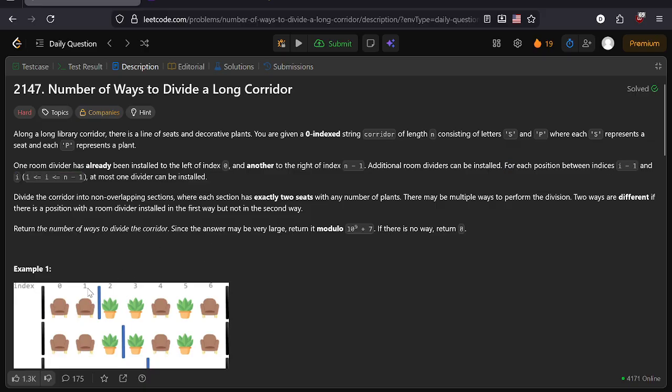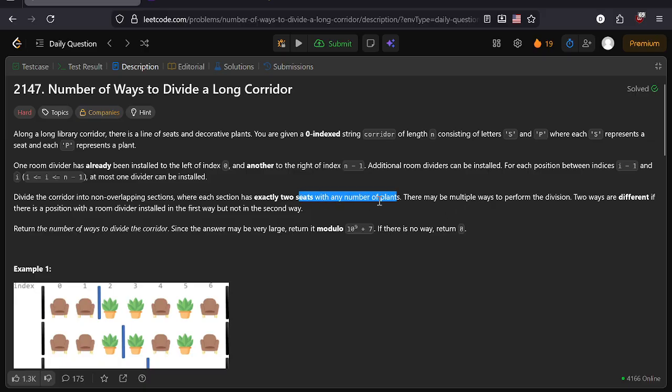So you can install a divider here, here, here, whatever, but we need to do it in the context of this problem because we have to put dividers in valid places. So divide the corridor into non-overlapping sections where each section has exactly 2 seats with any number of